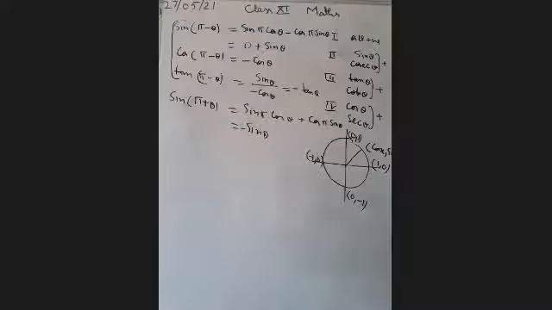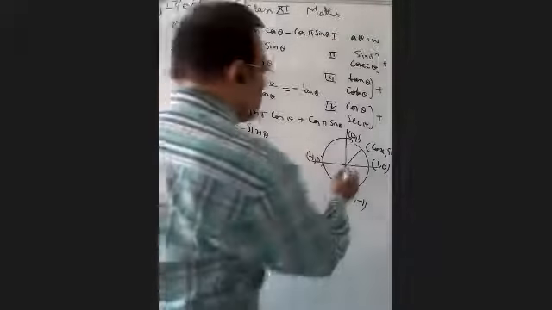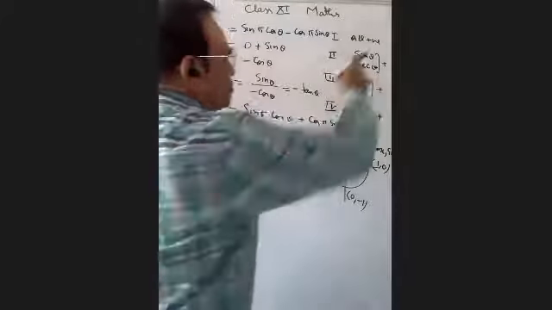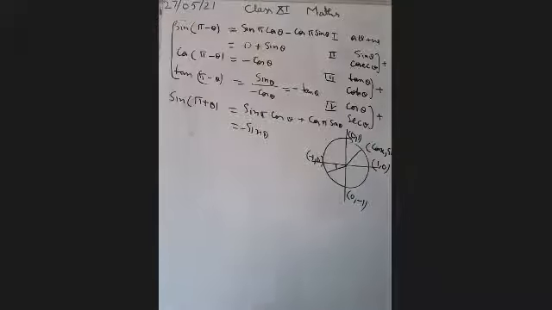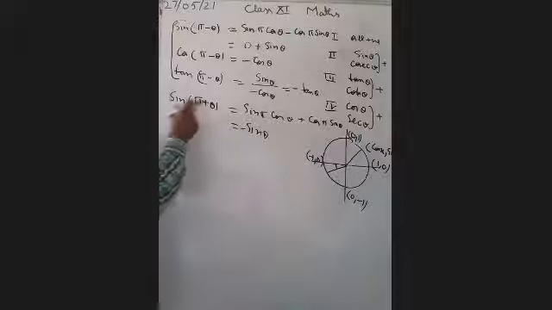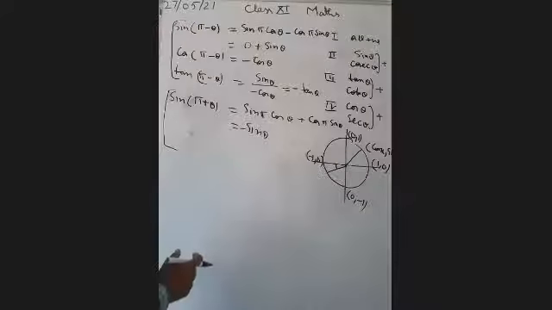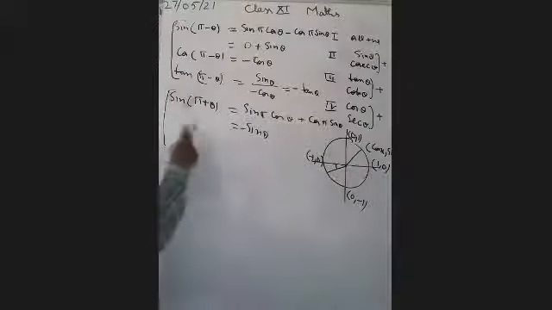Okay, because if we take pi plus theta, then it becomes the third quadrant. In the third quadrant, these two are positive, the remaining are negative. So you have to remember it in this way. For pi plus theta, the remaining all five trigonometric functions, you have to write the formulas by using this technique.